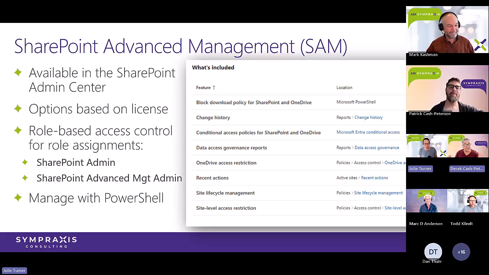No more jokes. So, Sam, SharePoint Advanced Management. Essentially, you can access this through the SharePoint Admin Center. It is in the left sidebar with all the other junk over there. If you don't see it, you can click the Show All button, and it's got a pretty little icon that says Advanced Management. And I don't know if it's in all tenants, but it has a little Pro icon in it for my tenant, at least.